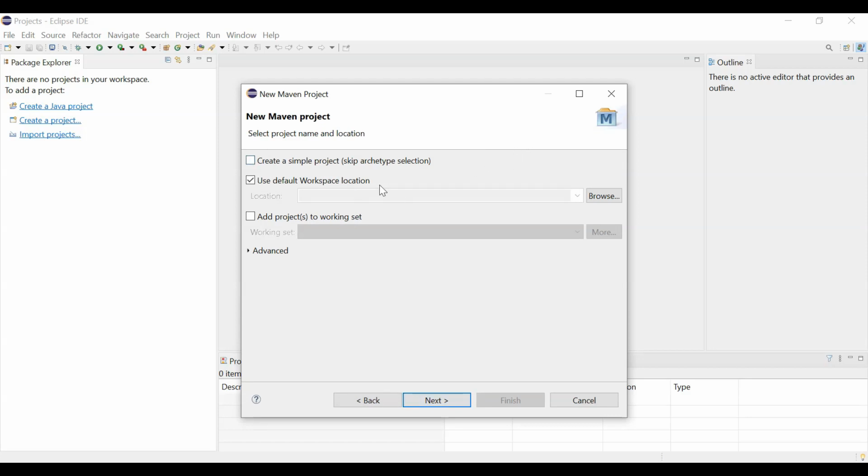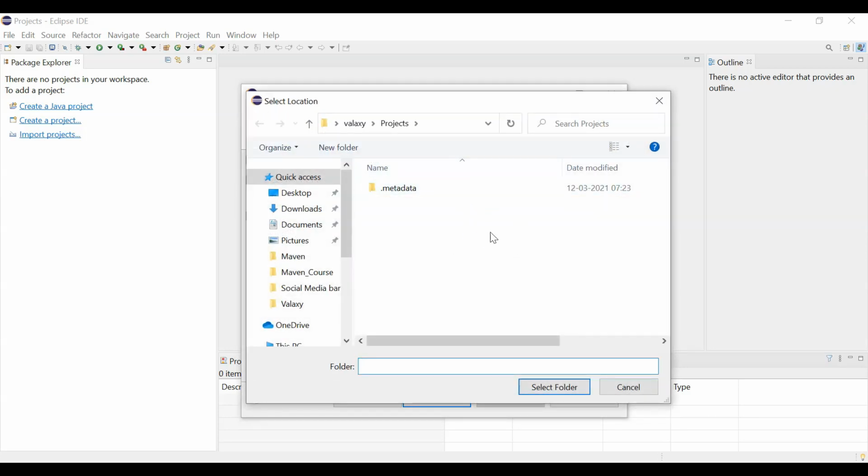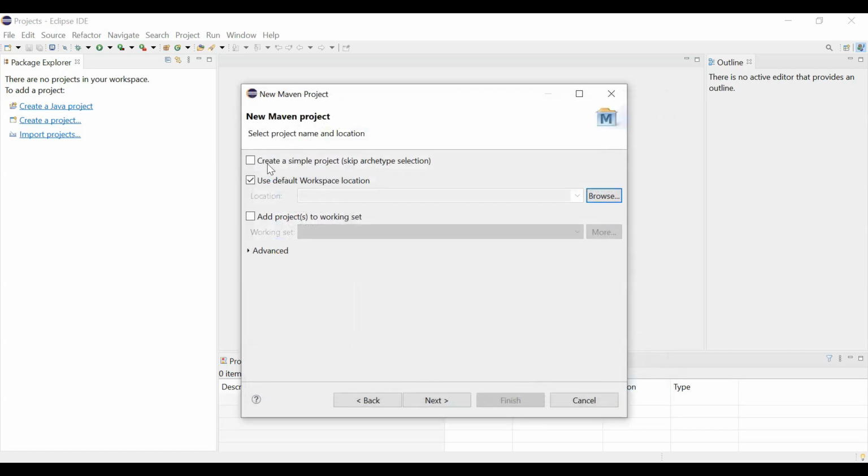In this wizard we can choose the workspace location. If you do remember, we have chosen a workspace under Users, Galaxy, then projects, right? So that is the default workspace location. If you wish to change that, we can do it by choosing Browse, but at this moment let it be in the same location. The next one is Create a simple project.